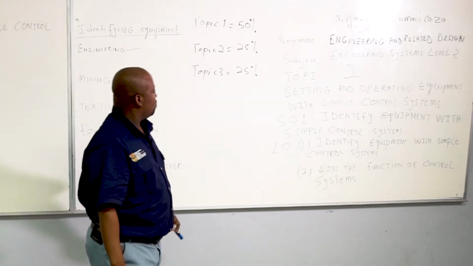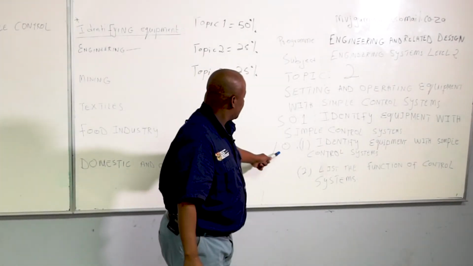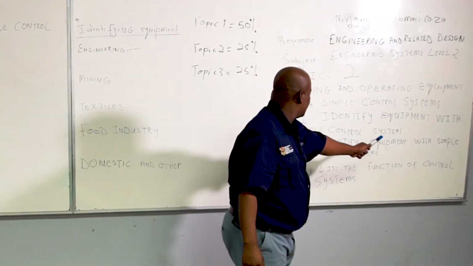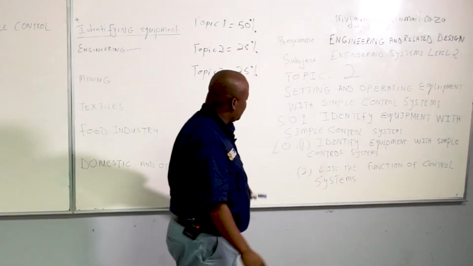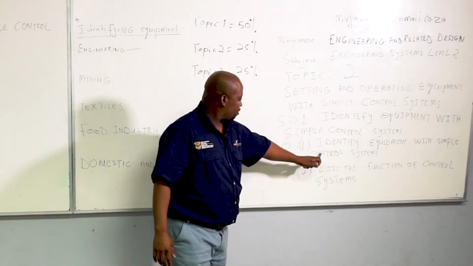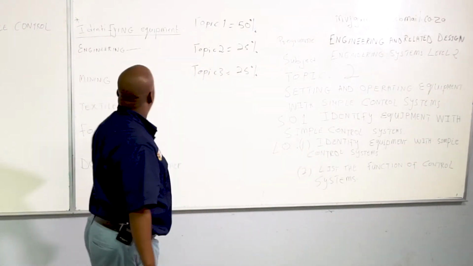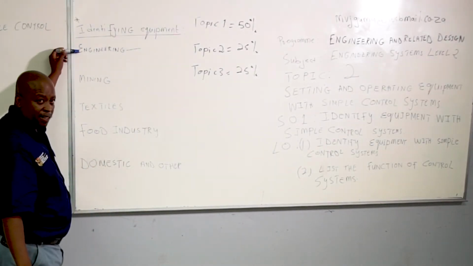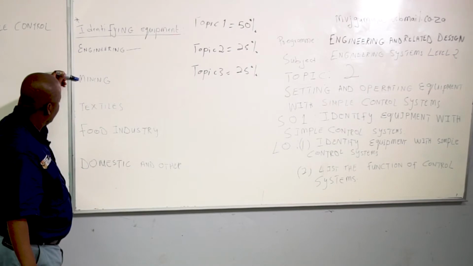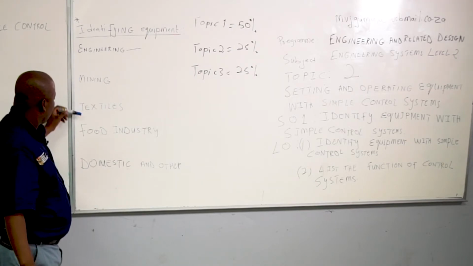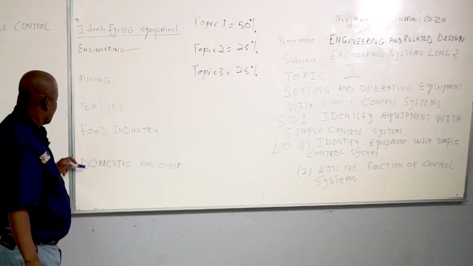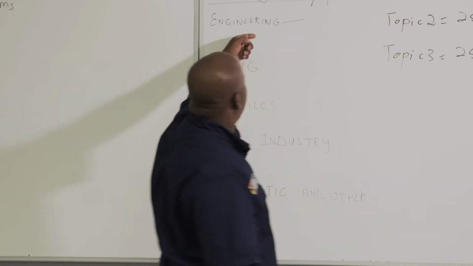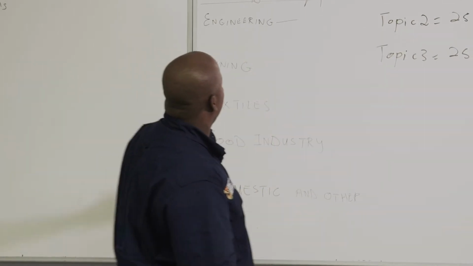Now I want us to go to the learning outcomes. Learning outcome number 1 says we should identify equipment with simple control systems. This equipment with simple control systems is categorized in different sectors. We have engineering, mining, textiles, the food industry, and the domestic sector. In engineering, we have equipment such as the press,